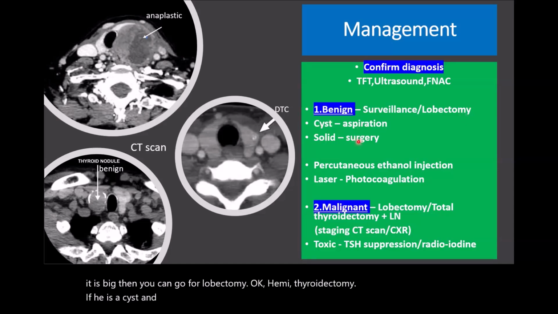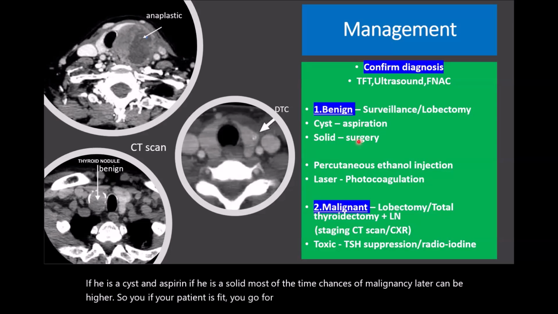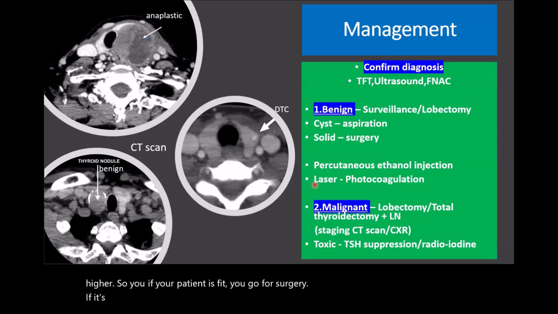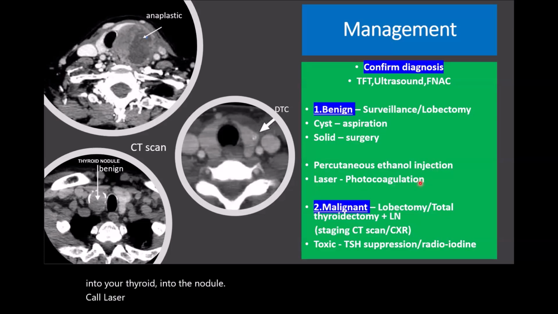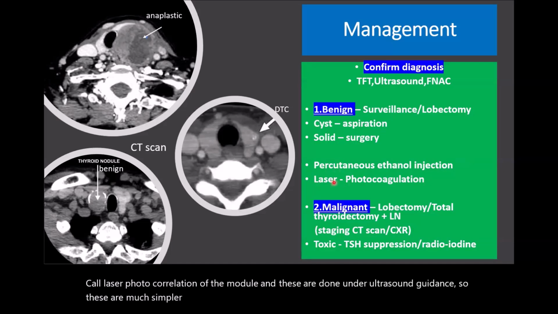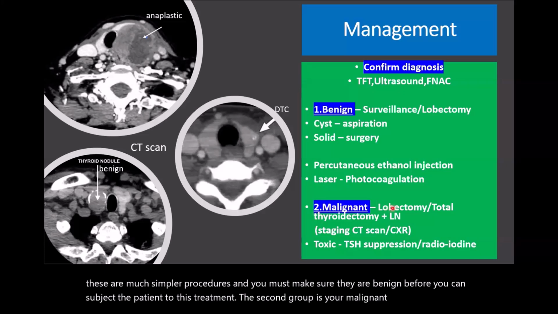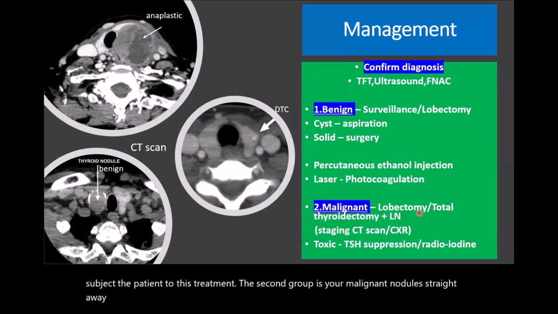If it's a solid, most of the time, the chances of malignancy later can be higher. So if the patient is fit, you go for surgery. If it's benign, nowadays they have non-surgical procedures: percutaneous ethanol injection into the nodule, or laser photocoagulation of the nodule. These are done under ultrasound guidance. So these are much simpler procedures, and you must make sure they are benign before you subject the patient to this treatment. The second group is your malignant nodules: straight away surgery in the form of either lobectomy or